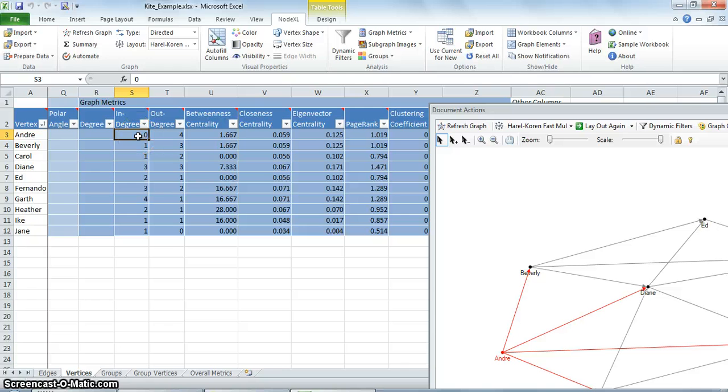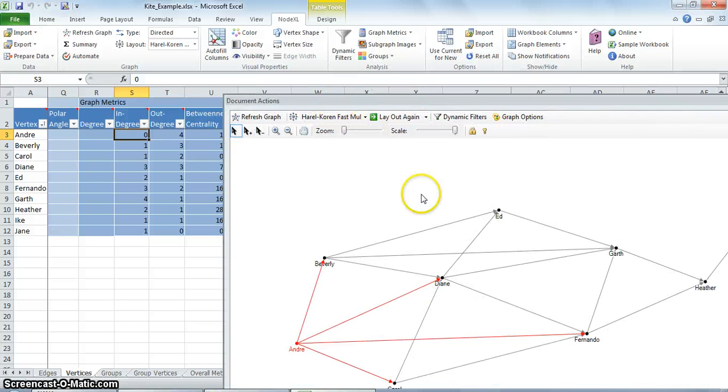Coming to the in degree and out degree, in degree measures the number of edges that point toward the vertex of interest. So for example, Andre has an in degree of 0.